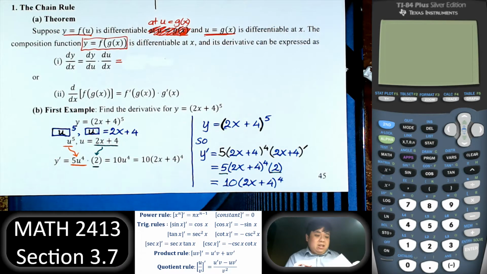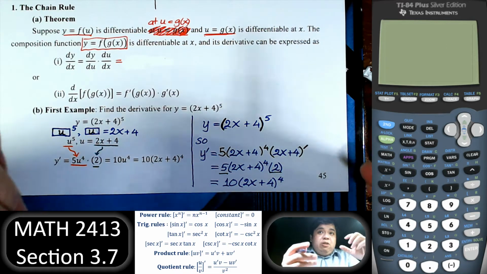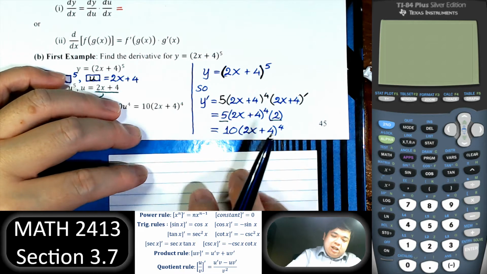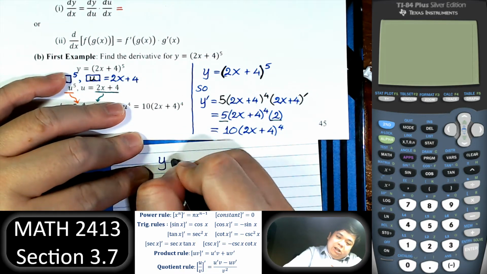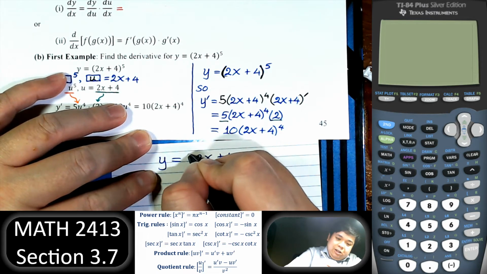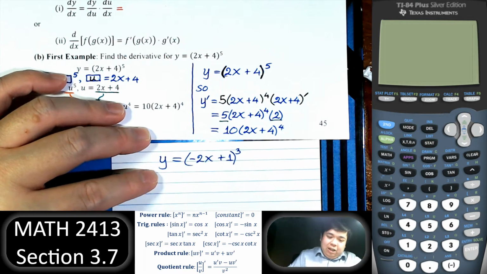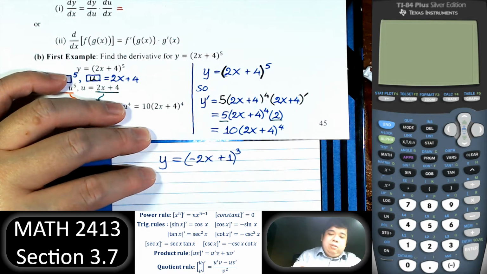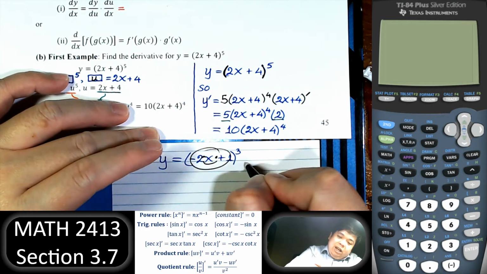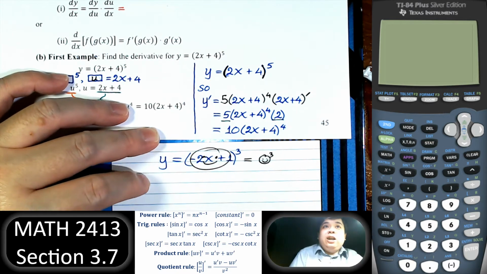A good practice is that I consider a parenthesis just a variable. So think about this. It's a good practice if we do the problem like this. Let's say we have y equals, I'll do another problem, negative 2x plus 1 cubed. Just let's do that. In that case, I can say, if it is the smiley face cubed, then the derivative of that